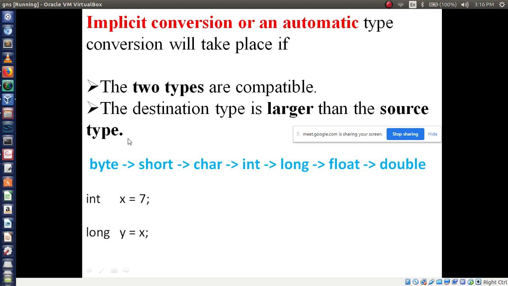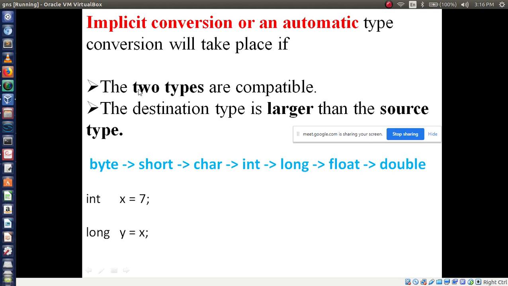Here I have written int x is equal to 7. Now another variable I have defined, y, of type long. So int and long are the same kind of data types, integer types, right?